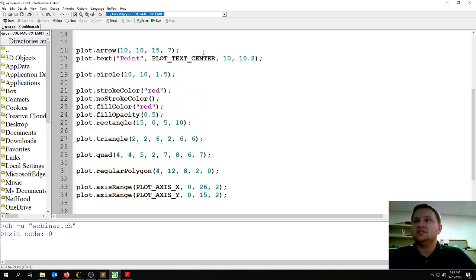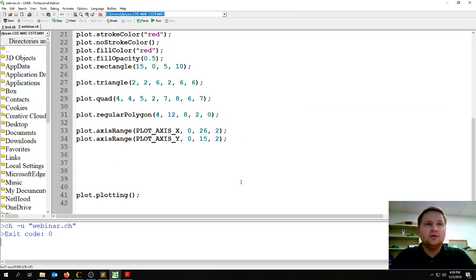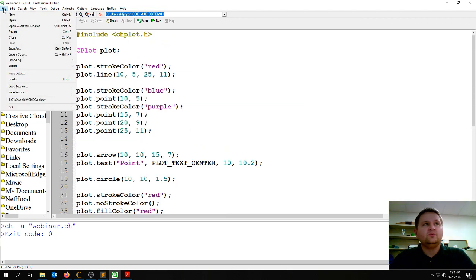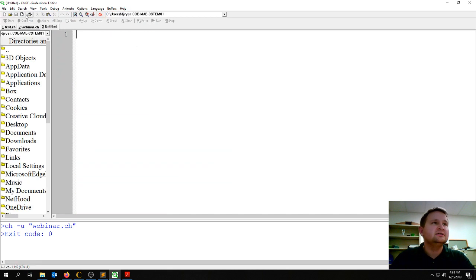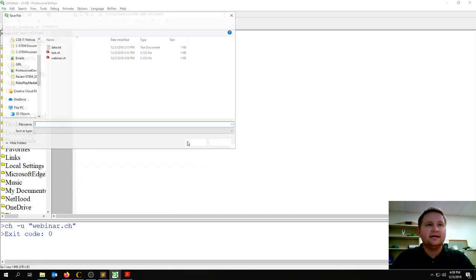So that pretty much sums it up for the basic drawing elements that we can do in Ch. So what I want to do now is start to talk a little bit more about the mathematical representations that we can do with these plotting functions. So I'm going to go ahead and start off with another new file. I'm going to say File, New, save this one as